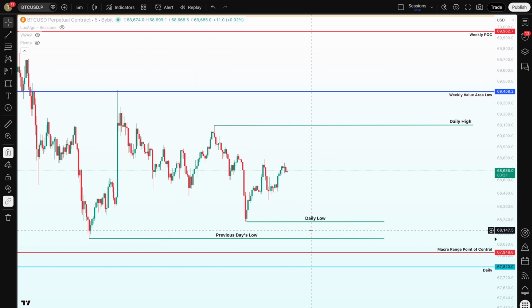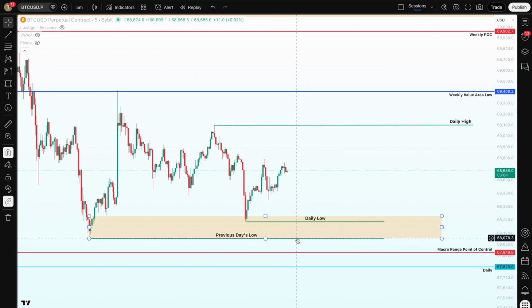give me an edge over the market, and statistically we should be going to a direction where the market is showing me that there is liquidity. In this case, the liquidity for me is on the low side, right? We have the previous day's low very close to the daily low right here. So this zone for me is a zone where I would be looking to target if I were to take